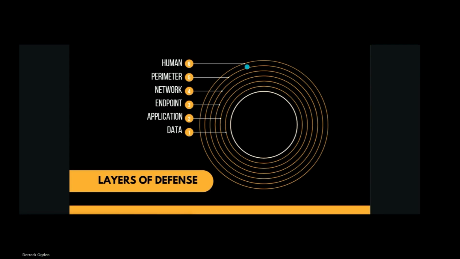So right now, for the purposes of this presentation, we're going to focus on this outer layer here with humans. We're going to talk a little bit about your other perimeter stuff like multi-factor authentication, encryption, things like that. But mainly, we want to focus on this because this human factor, you can walk out of this webinar, talk to your team, and increase your security posture just by having a good, serious conversation with them about this. Right. So that's really the biggest effect that you can have right away, and it doesn't cost you a dime.